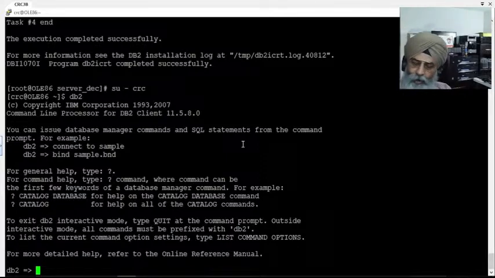When you see this DB2 prompt, you are on the SQL prompt, which means the DB2 command line SQL interpreter. Here you can type any command, even select star, or insert data, or create table, or whatever. And there is another thing you can also use. This client is so seamlessly integrated with the operating system that you can use it from the command line. I'm just quitting this one now, and I will give you a better way to do this. I mean, it's not better or worse, because I have seen many people